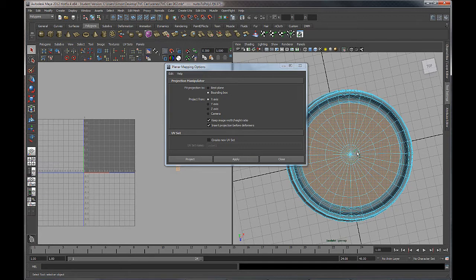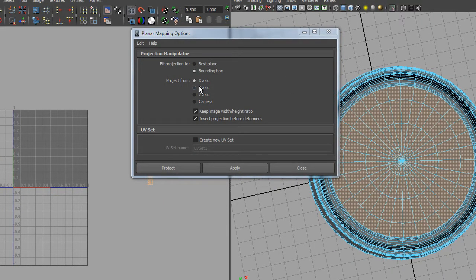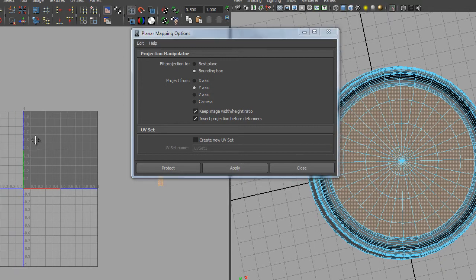And the direction that I'm looking at the polygons from is along the y-axis, which we can see here. My view cube is telling me I'm looking down from the top, and if I look here, the y-axis is the one that I'm looking along. So what I want to do here is select y-axis from project from. The next option just below